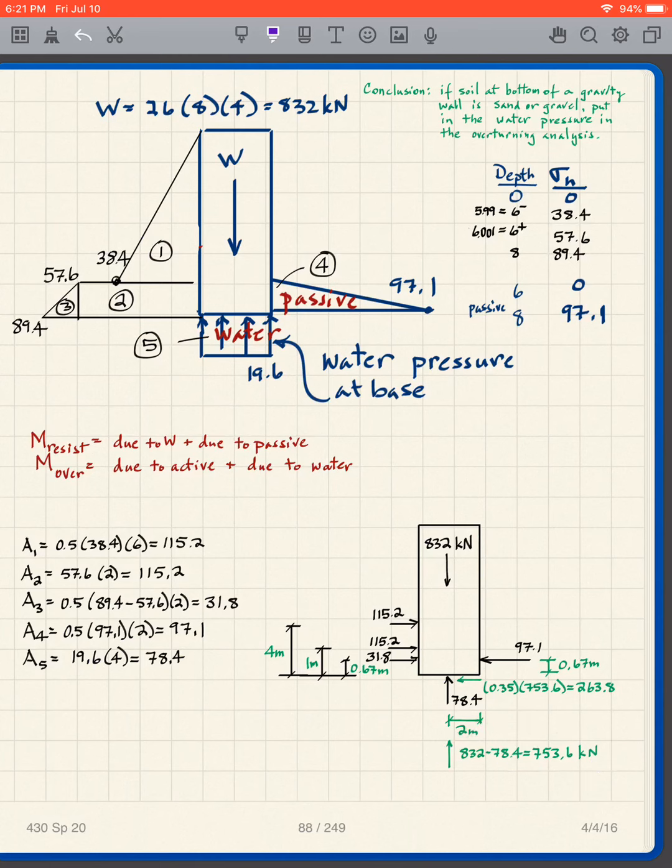But when I'm taking moments about this point, that doesn't exist because I only have the water pressure. Why? Because I have liftoff of the base of the wall from the soil. So I only have the water pressure for analyzing the